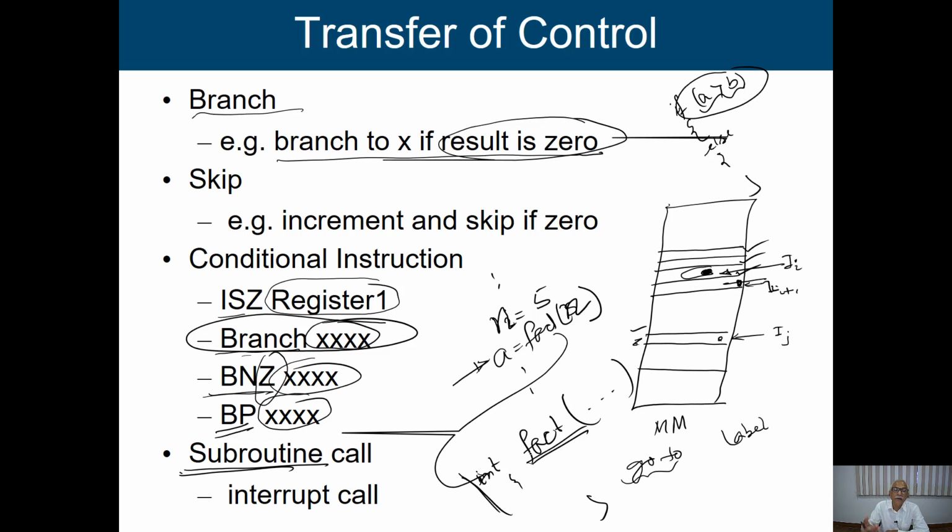That means I have an instruction to provide such facilities. And when I discuss the interrupt, we will mention that an interrupt is very similar to the subroutine call. So for transfer of control, we have to design such type of instruction.